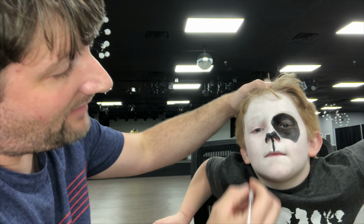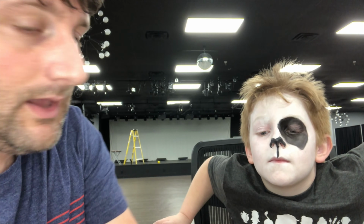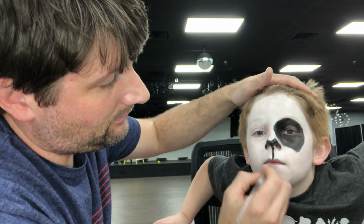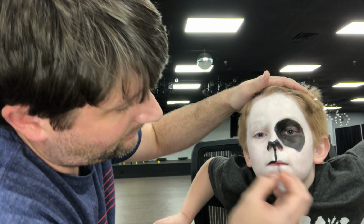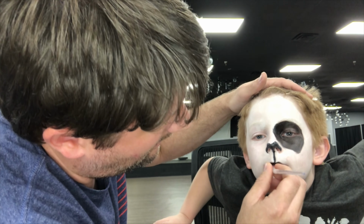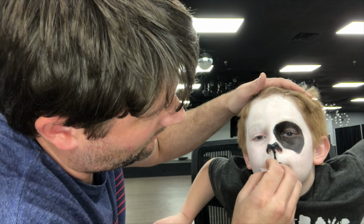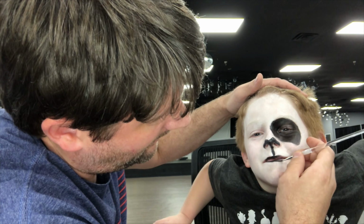Now, I'm gonna follow his lips right here. I'm gonna get a little bit more makeup on my brush, and I'm just gonna follow his lips. Now, I'm just gonna do a nice little turn down, just right here, just on the top lip. Okay, just right there. And then I'm gonna follow his bottom lip and give him a nice little smiley dog face. Keep your lips together for me,